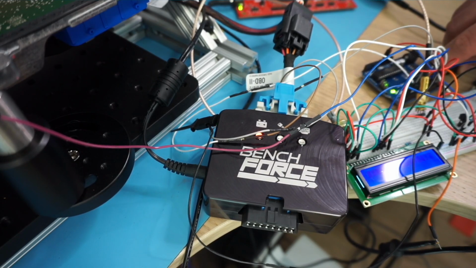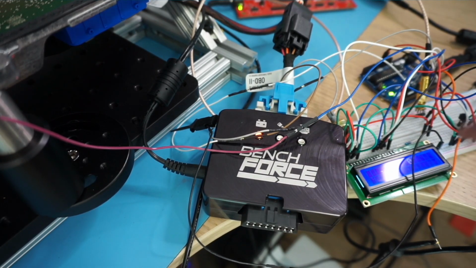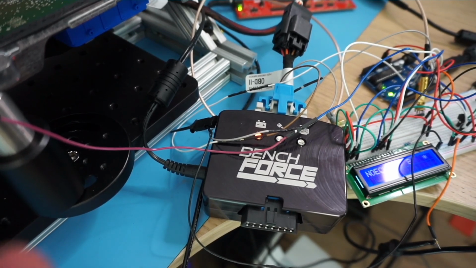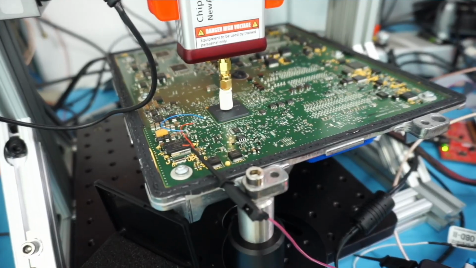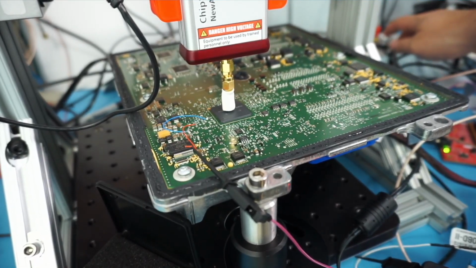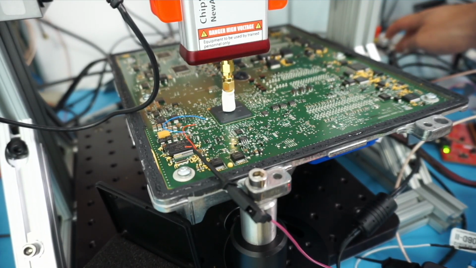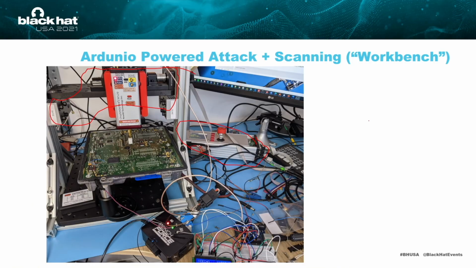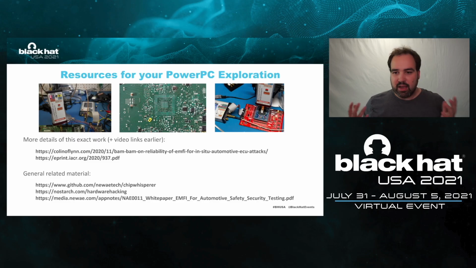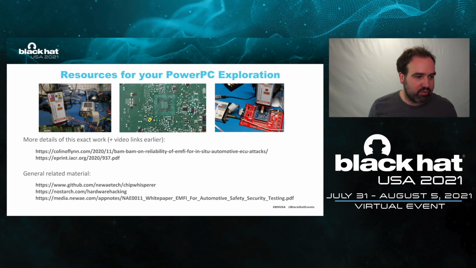So we'll power up, and it'll talk to the ECU and try to detect if it's running or not. On the flip side, in this case, I found the positioning wasn't super specific, but you can set this up, of course, to scan across the surface. So there's obviously lots more we can do here. That's one of the other in-progress items. So yeah, that's a really fast overview of how this attack worked,